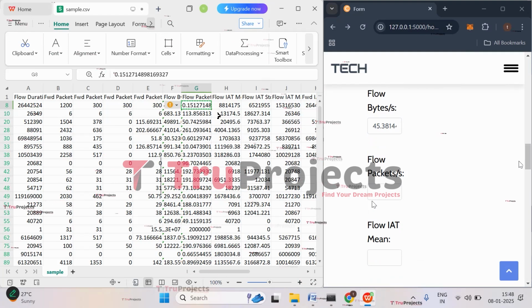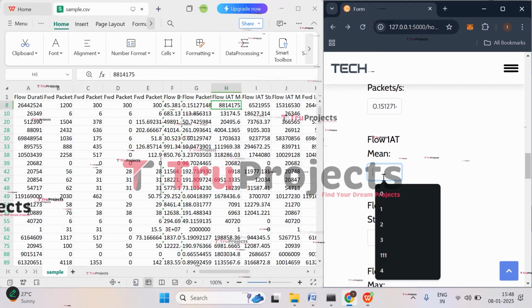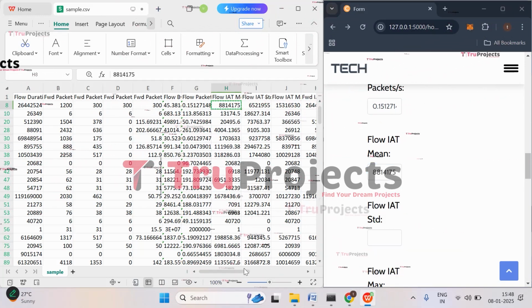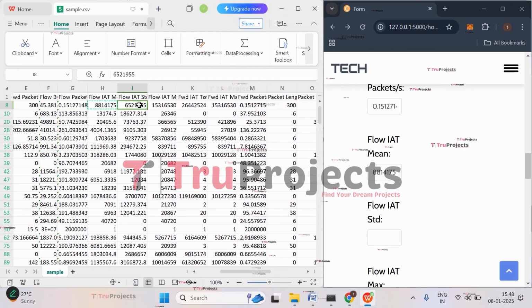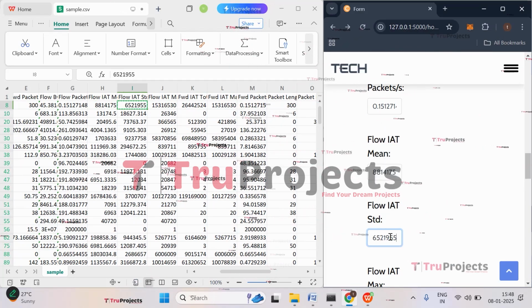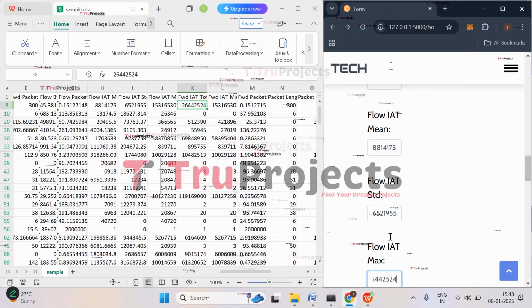And flow packets is 0.015. Flow IAT max is, flow IAT mean is 8814171. And the next one we have is forward IAT standard deviation, copy it, paste it here. And then we have forward IAT total, so paste it.